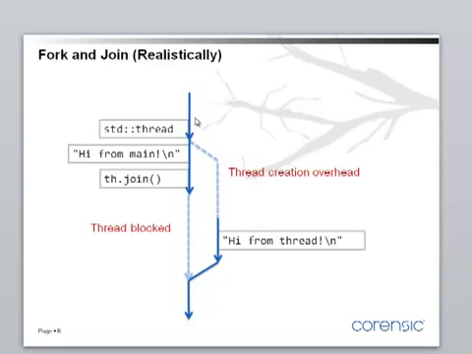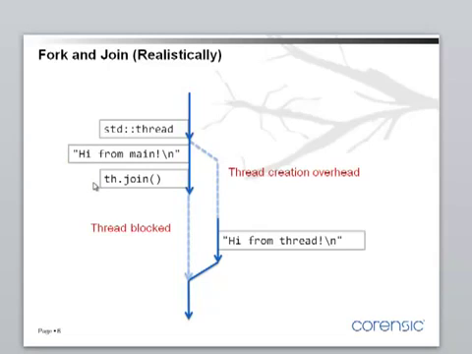Again, we start with a single thread, and we call the constructor of thread. So this is our fork point. And while the worker thread is starting, which takes usually a long time, because there is a big thread creation overhead in the operating system. Okay, there are ways of dealing with this, like thread pools and so on, which I'll talk about at some other point. So while this thread is being created, main continues and prints hi from main and calls thread join,